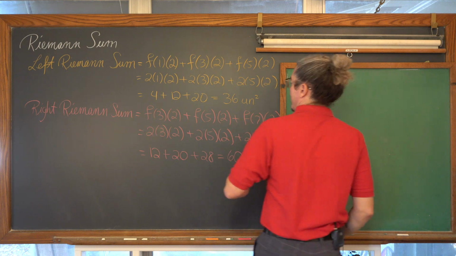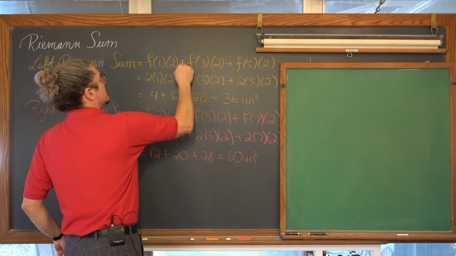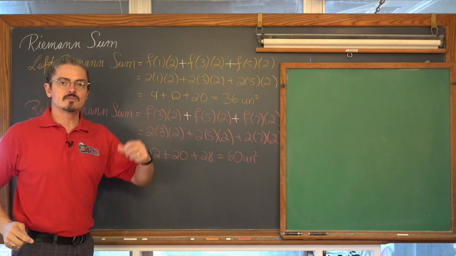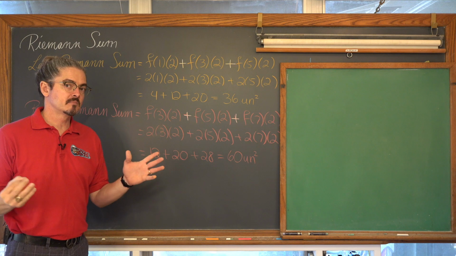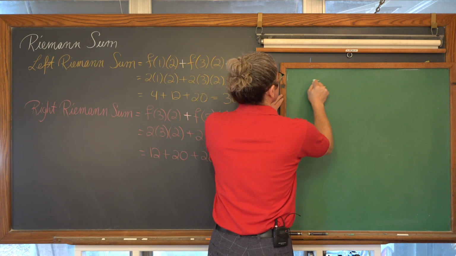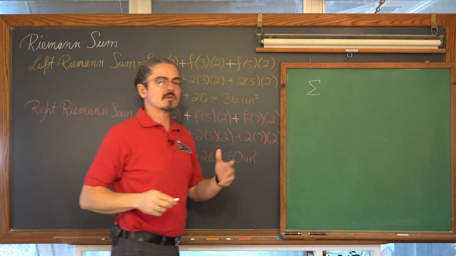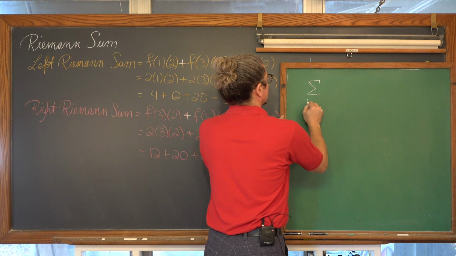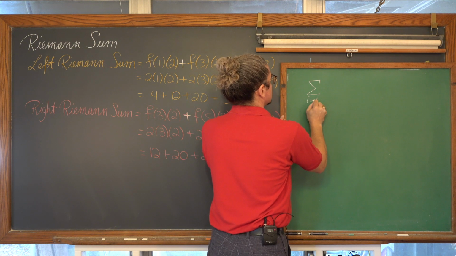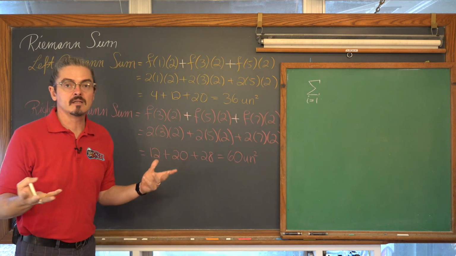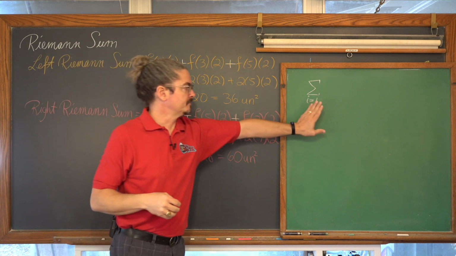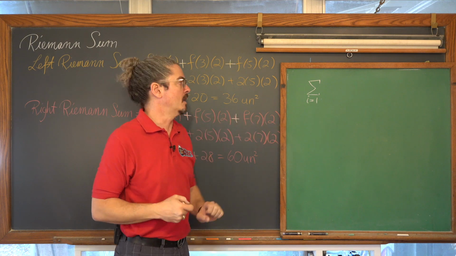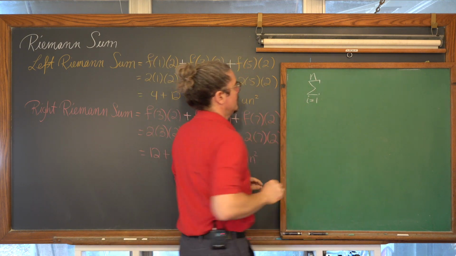Now, anytime in math that you have seen repeated addition over and over again, there's a Greek symbol that represents adding repetitively. That's sigma. When we introduce sigma, we have to have a lower and upper limit, and I'm using the notation in my book. If yours differs, it can. But we're going to have our lower limit of the sigma notation start at 1. I starts at 1, and it's going to go to n.